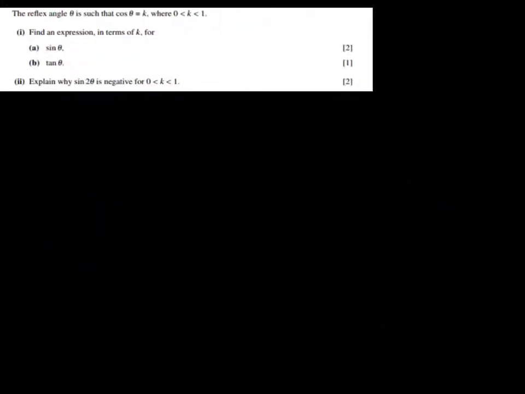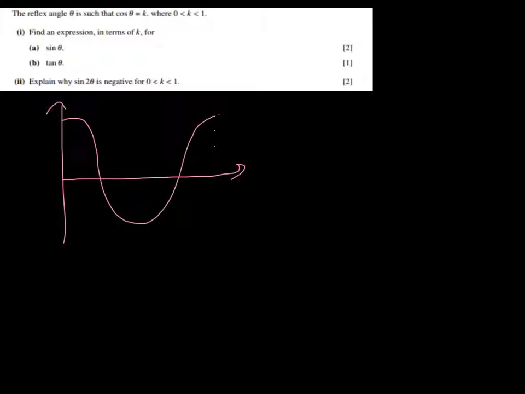Okay, and let's try part 2, which is the one that you guys obviously had a bit of a freak out with. We basically just have to piece a few things together. First of all, we need to confirm where this value of theta is. We know it's a reflex angle, and before I was saying what that means, it's between 180 and 360, but we can actually do better than that, because if we look at our cosine function between 0 and, let's say,